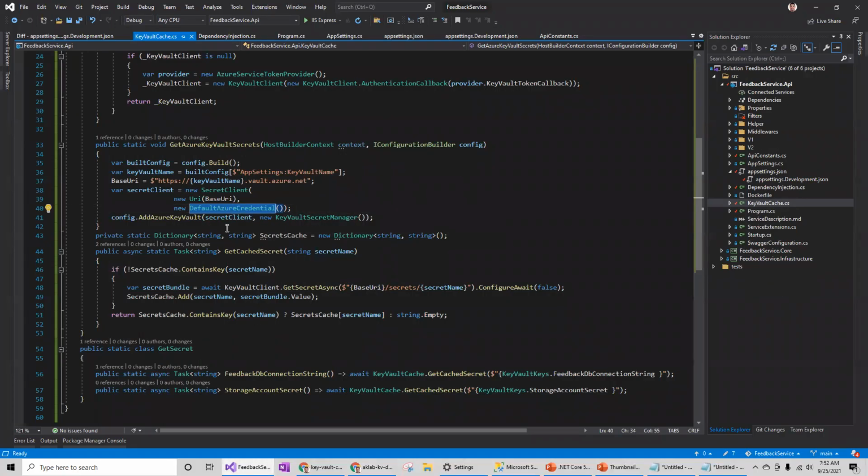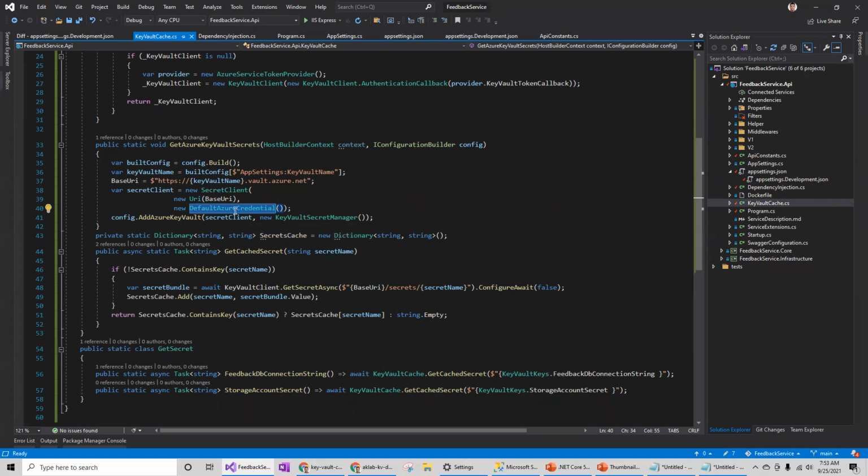I noticed that sometimes, even if you use the default Azure credentials, you will get that kind of error. So the alternate option is, that's why I'm using the bypass Key Vault, so that if you run into these issues locally, you can bypass the Key Vault and continue reading from the appsettings.json file. But on the server, this will definitely work.